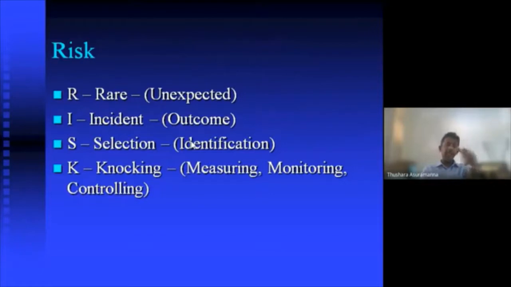Then selection is identification. You should be able to identify the risk. Identify it, then you have to measure it. Identification is not enough. NPL customer, early warning customer, MRL, management review customer, delinquent customer. So you need to identify